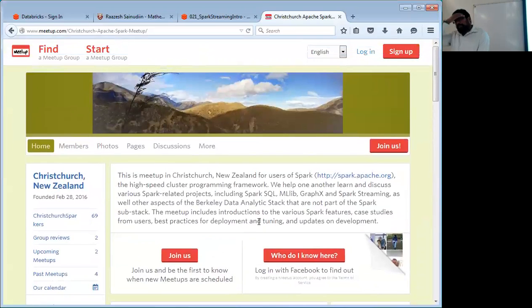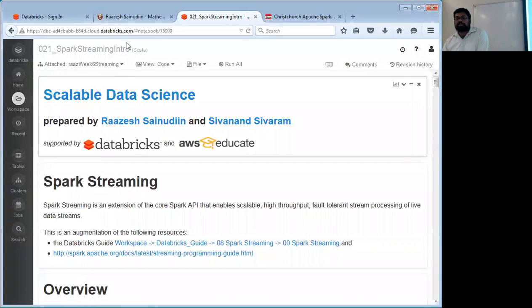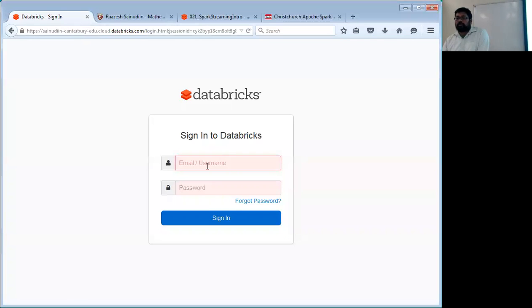So about half of the worksheet today we will be doing Spark streaming. The problem with Spark streaming is we can only have one streaming job running in a given cluster, right? So I'll mostly be doing it in a sandbox cluster here, just to make sure nobody else can log into it. But those of you who are in the usual cluster,